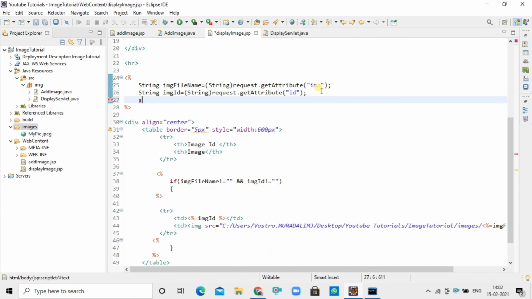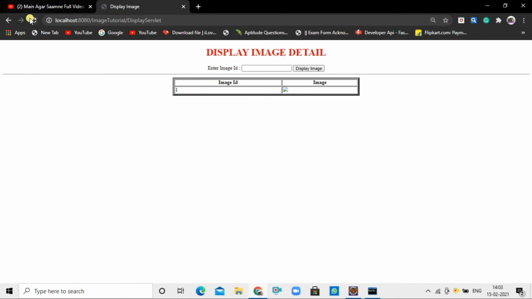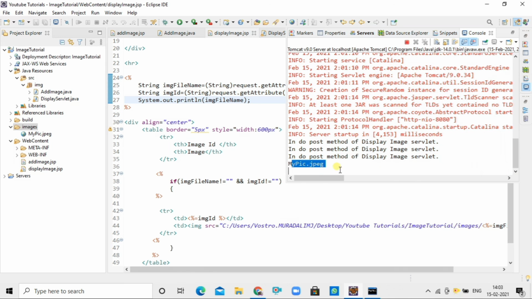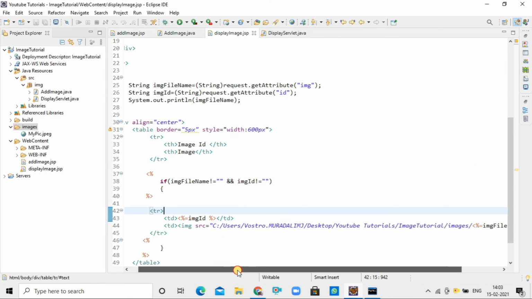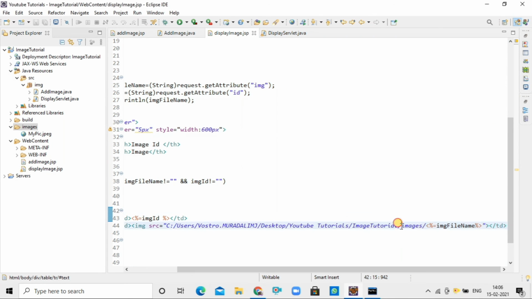Here let's print the image file name to check whether we are getting the proper image file name from the database or not. Okay, we got the image file name as mypic.jpg. Everything is working fine till here.